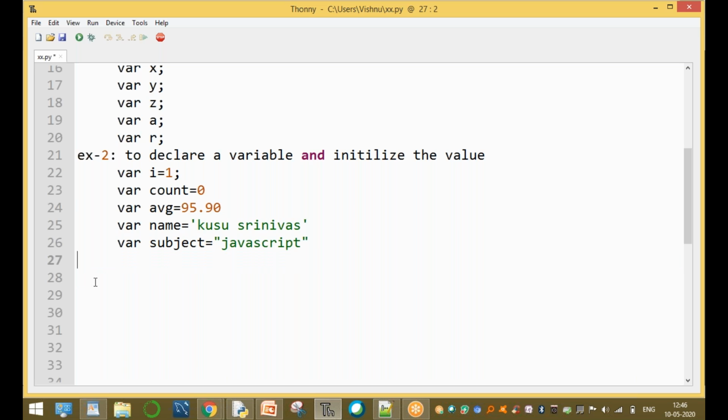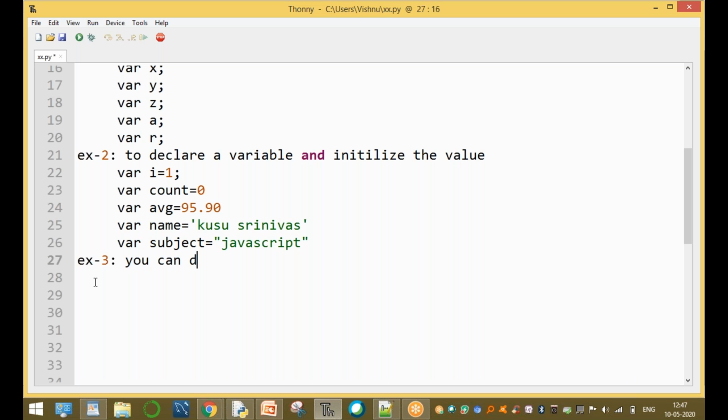And the third example: declaring a variable and initializing more than one variable at the same time.